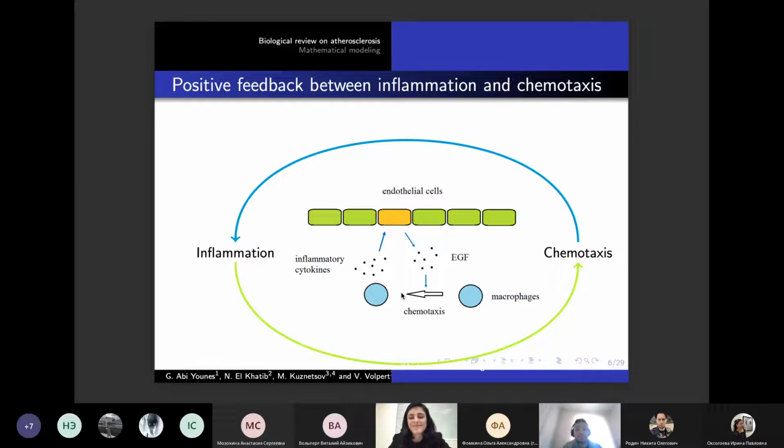Okay, thank you. And may I have my small question? In the normal condition, there should be no monocytes in the endothelial wall, yes? In the intima, you mean? Yes, in the intima. In normal condition, there are resident macrophages within the intima. But they don't produce these inflammatory cytokines, which we do not take into consideration here.